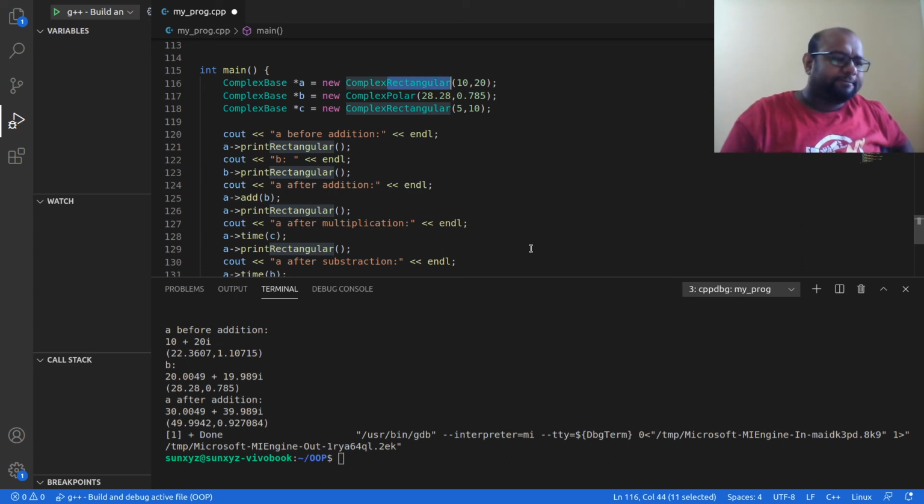So A, B, C are going to stay the same. The left hand side of this assignment operator is going to stay the same. If I want to change the representation from complex rectangular to complex polar, I just need to change this one line.